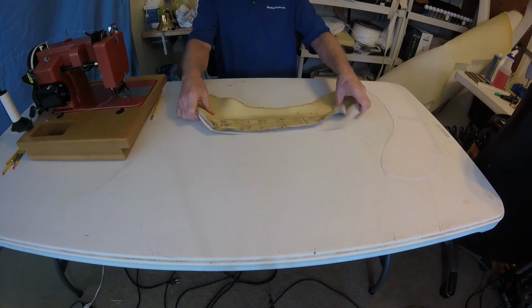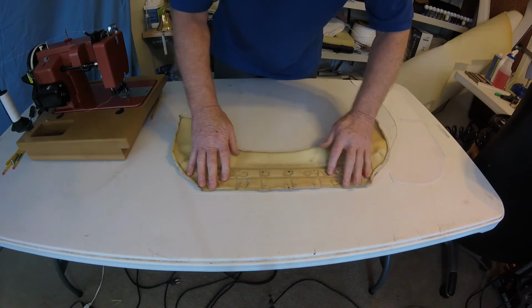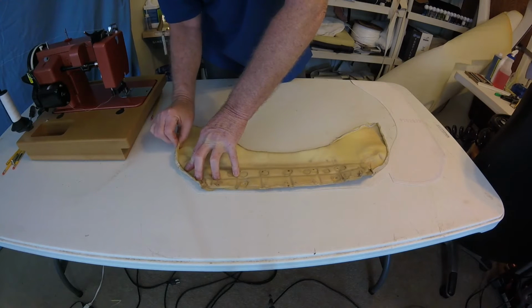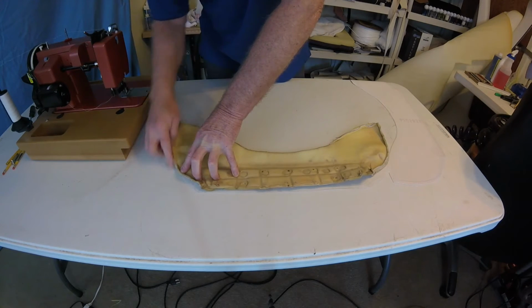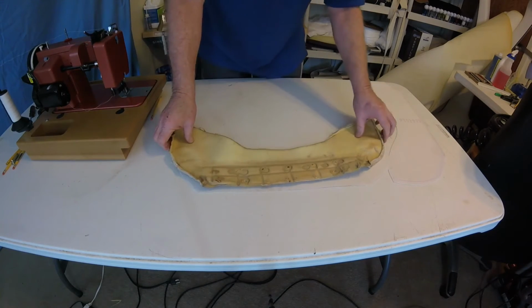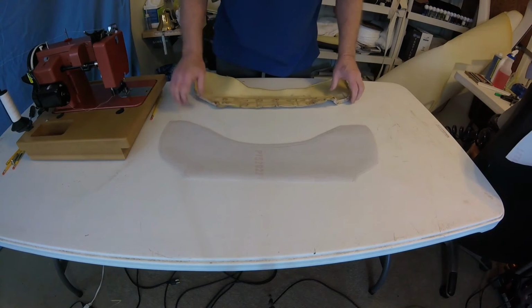I thought I had this all squared away. This is my first pattern I made as a rough cut, and look how short I am. I'm a good almost an inch short on the side. This side's okay, but this one would not have worked. So now I have ruined a piece, and I have recut it,